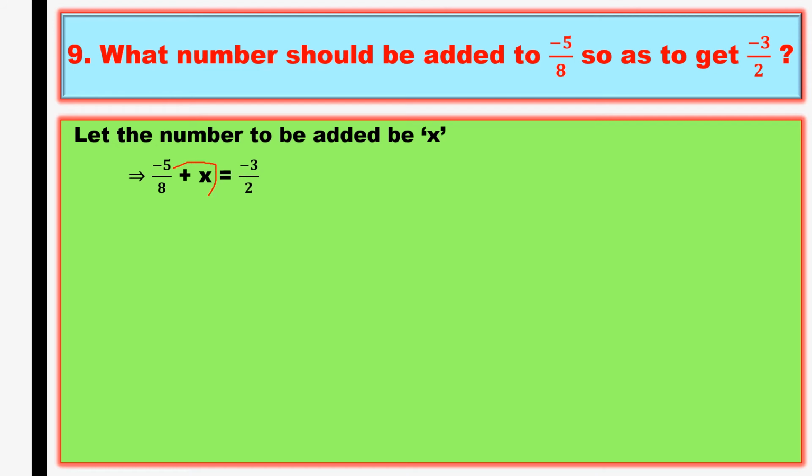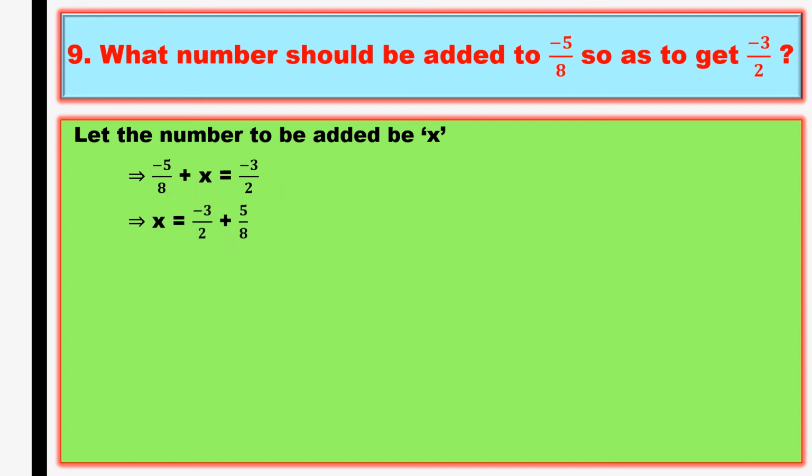So I'll put this x as it is here and I'll send this minus 5 by 8 there. Because I want this x, right? Whatever we want, that should be separated. So x I want, so I should write x separately. So what is the extra thing here? Minus 5 by 8. Minus 5 by 8 will go as plus 5 by 8, because it is adding here, so it will change its symbol. Minus 5 by 8 will go as plus 5 by 8.